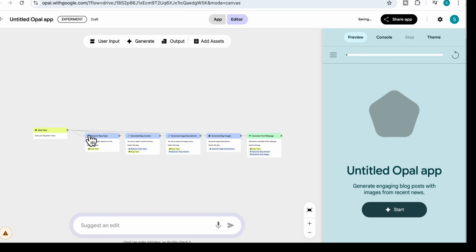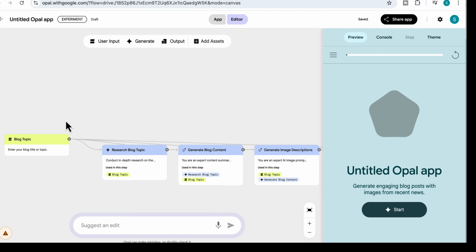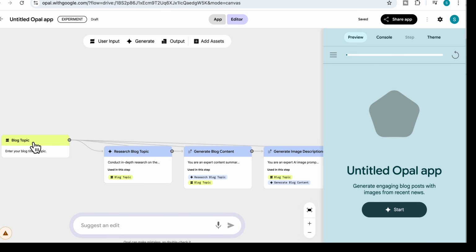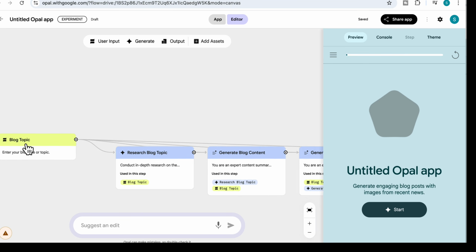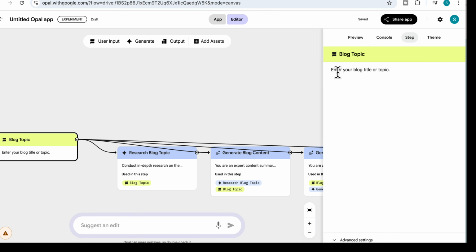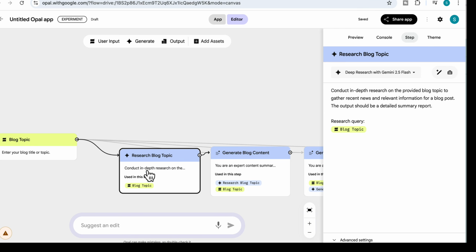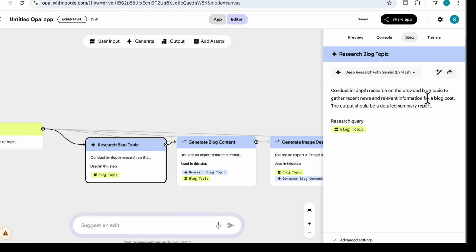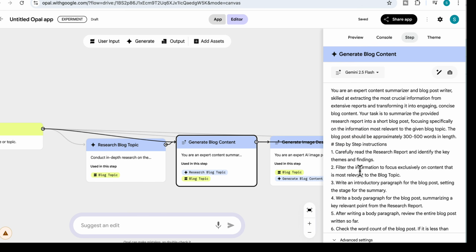Okay, and you can see how quickly it's now generated our app. So let's zoom in so we can look at the steps. So you'll see here that the first step it's generated for us is a blog topic, and if I click on that, it will ask me to enter the blog topic here. And then if we look at the next step, it's research the blog topic. It conducts in-depth research on the provided blog topic to gather recent news and relevant information for a blog post. The output should be a detailed summary report, and then it generates the blog content,